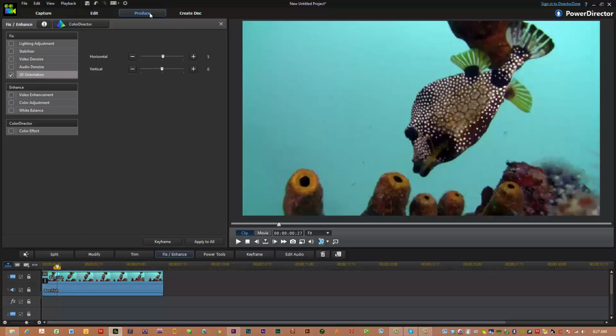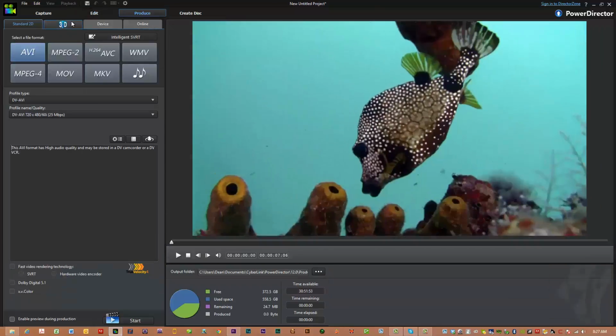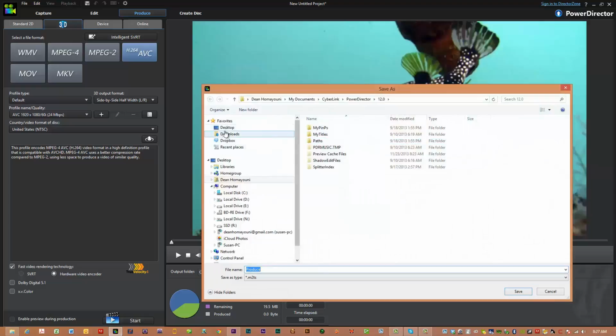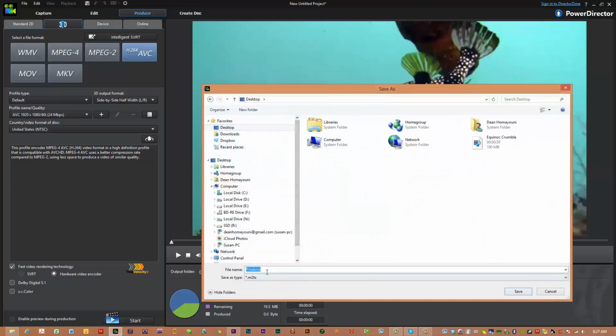So once again, we'll go through the same procedure. We hit produce, we go to 3D, H.264. I set it on that side-by-side half width because I shoot in 60i. I use that 1080 60i 24p. I'll come along here and say I'm going to save it to my desktop, and we'll call it Boxfish